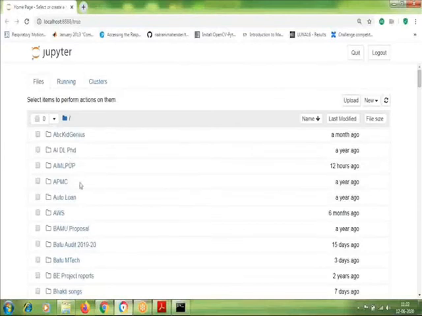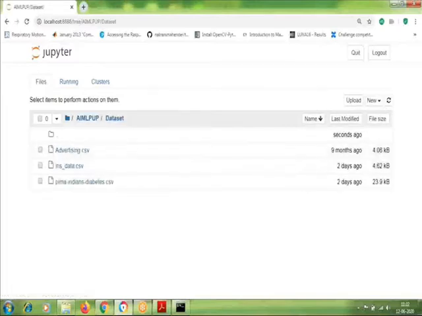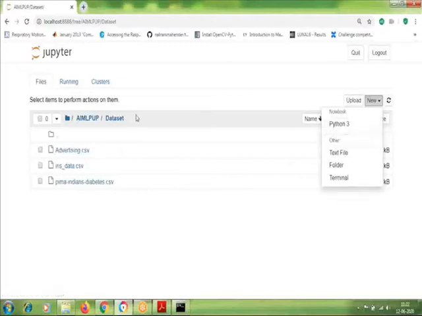Now you can see that my D folders are listed here, and this is the folder in which the data set is stored. So I will go into the directory and then start the program. Make sure that you go into the directory or the folder where the data set is stored, and then you start your notebook.